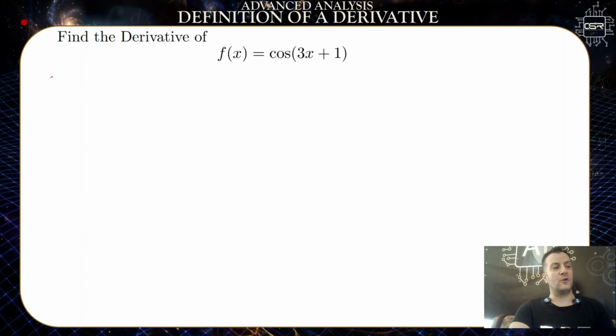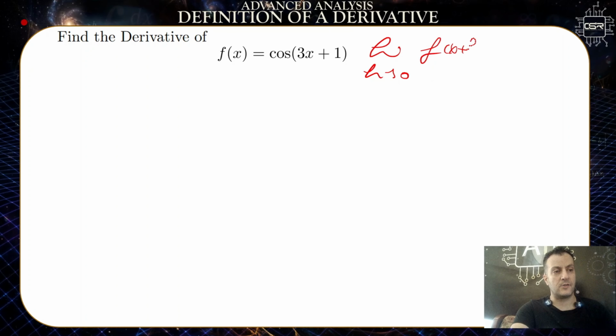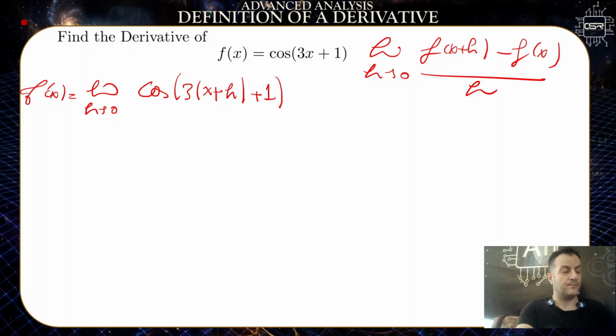Find the derivative of f of x equals cosine of 3x plus 1. Okay, so the limit as h approaches 0 of f of x plus h minus f of x, divided by h. Let's keep this formula in mind. Hence, f prime of x is equal to the limit as h approaches 0 of f of x plus h, which is cosine of 3 times x plus h plus 1, minus f of x, which is cosine 3x